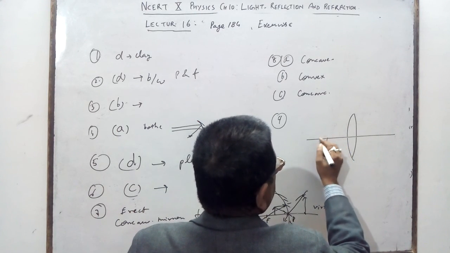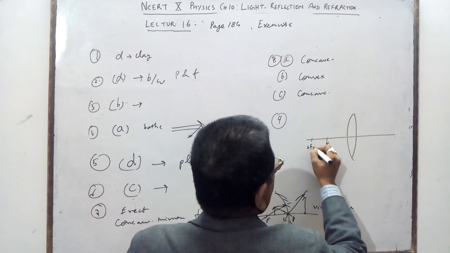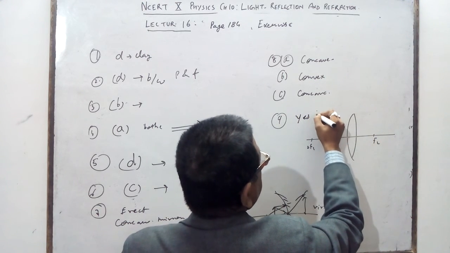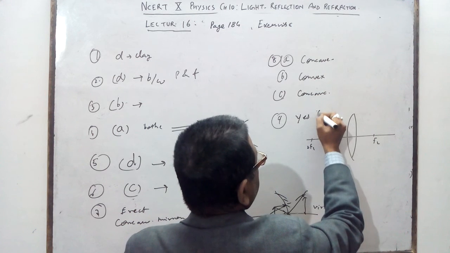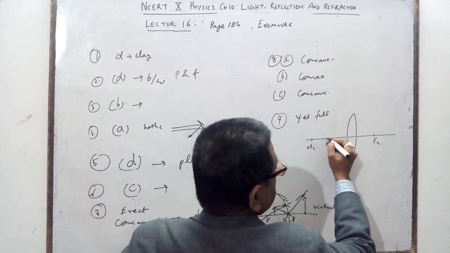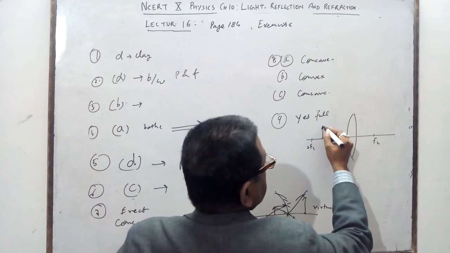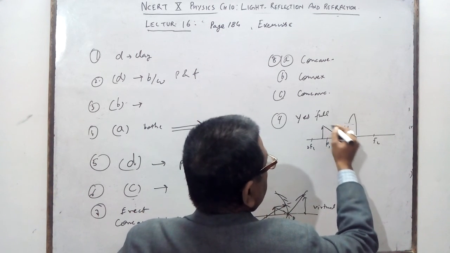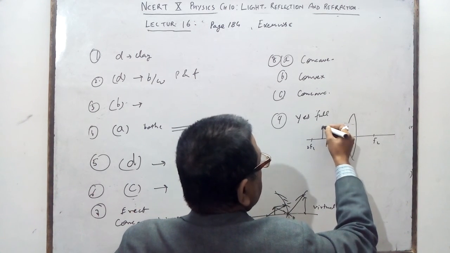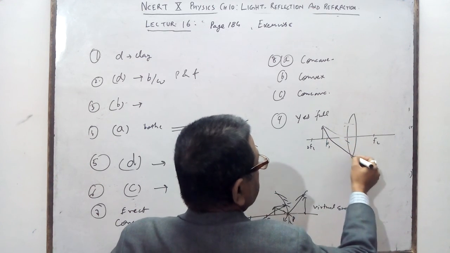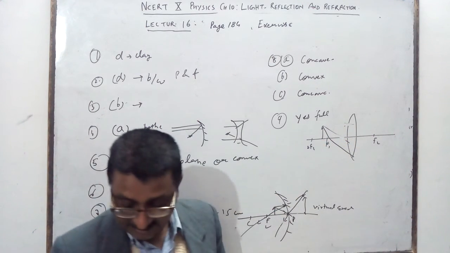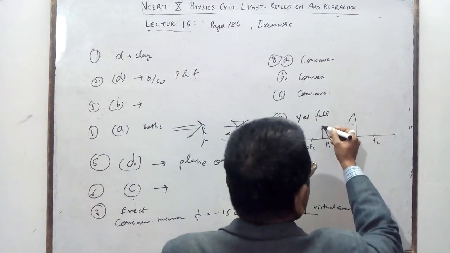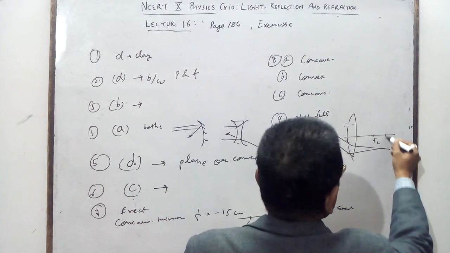If the object is here, at F2, F1, F2, yes, it forms the complete, full and sharp image. It will be used like this. What will you use? Focus. It can be drawn experimentally. The image will be from here, and one ray goes here and one here, and the image will be formed.